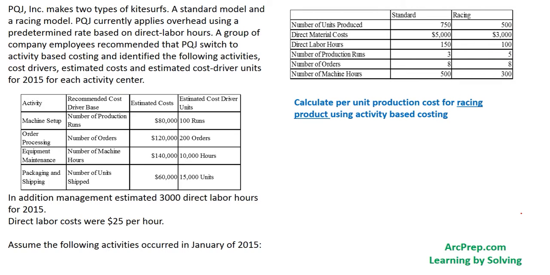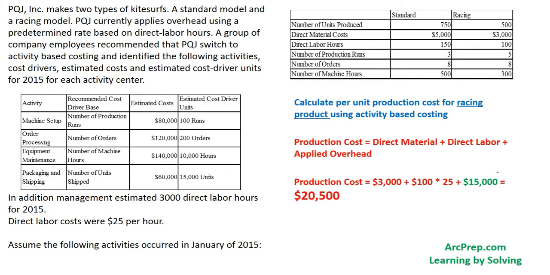Now let's calculate the product cost. What I'm going to do is I'm going to first calculate the total cost and then I'm going to calculate per unit cost. Total product cost is nothing but direct material plus direct labor plus applied overhead. So we have direct material as $3,000. We have direct labor 100 hours by $25 per hour right here,